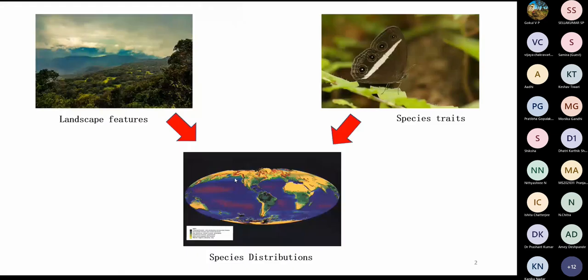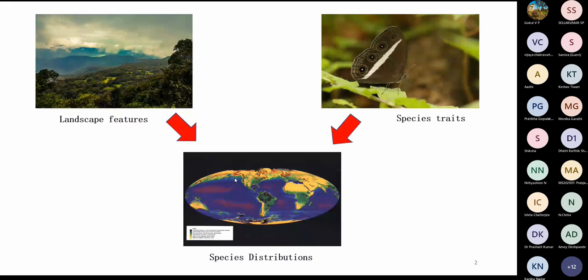So for my PhD research, I studied the effects of landscape features such as habitat area, the type of the habitat, and the fragmentation in the habitat patches using species traits on butterfly communities in the Western Ghats.